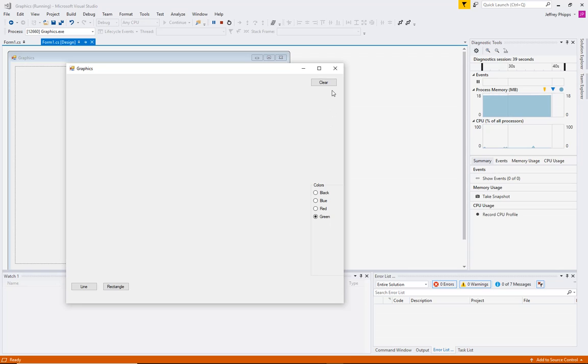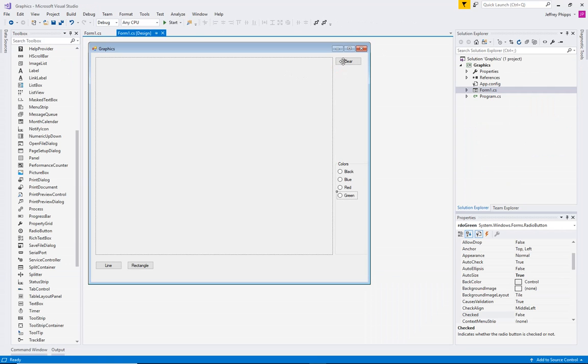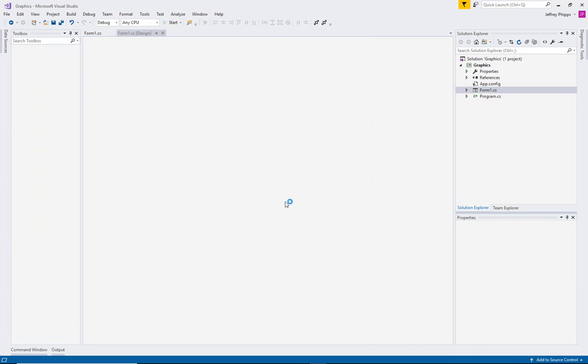Now the clear button really ought to be separate from this. I mean, it's not a clear unless, well, if your favorite color is clear. But in this particular case, colors are colors, and clear is a completely separate issue. So maybe it shouldn't be up here where this is. I could move it to here. That's probably a good idea, so that when I'm running this,